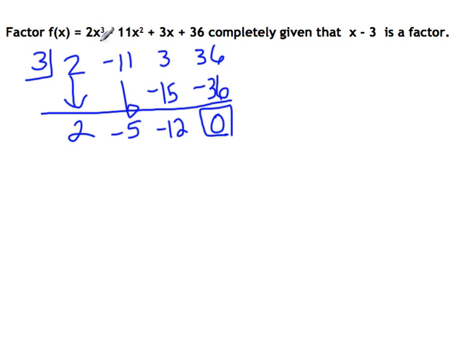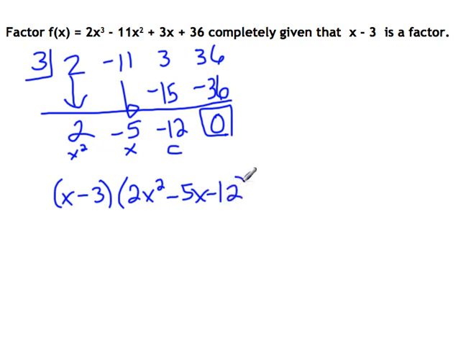Now, this term is x cubed, so that means down here we're going to start with x squared. This is going to be our x term, and this is going to be our constant. So what they're saying is that if x minus 3 was a factor, then also 2x squared minus 5x minus 12 is also a factor. And then the last thing you would do is double check to see if you can factor this trinomial any further. So we would drop down the x minus 3,